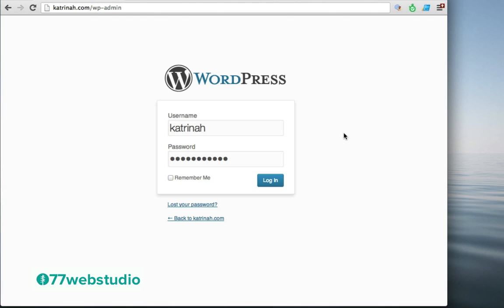So here we are on the login screen of our WordPress website. To log in, you want to enter your username in the username field and your password in the password field. And then you want to click on this button that says Remember Me, so that the next time you come to WordPress, your username and password will be remembered. In the event that you forget your password in the future, or perhaps even now, you want to click on this link here that says Lost Your Password, and WordPress will send you a password reset to the email that you used when you were creating your WordPress website. So for the moment, here I have my username and password. I'm going to go ahead and click on the login button to log in to the WordPress website.